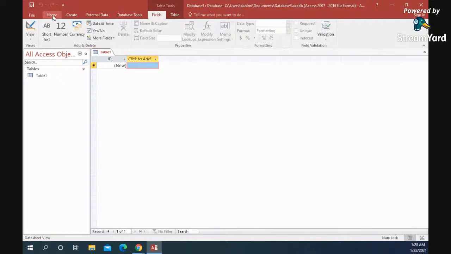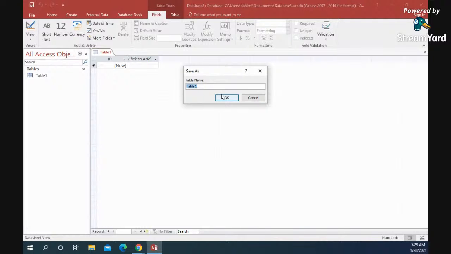But just like previously here, we have a lot of the exact same settings that we've seen, especially up here on the home ribbon, that we have had in multiple different pieces of software. But the biggest difference right now is that on this one here, this is your entry sheet view, or your datasheet view, I should say. So once you set up this table, this is where you can enter a mass amount of information. In order to go ahead and set this up, if we switch on over here to our design view,